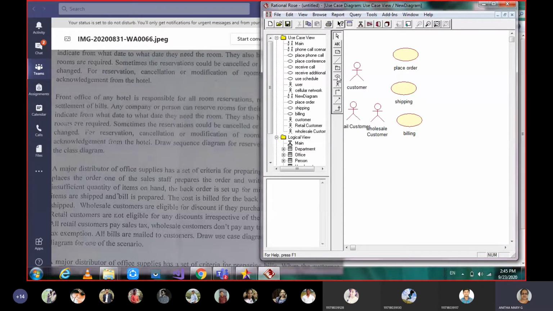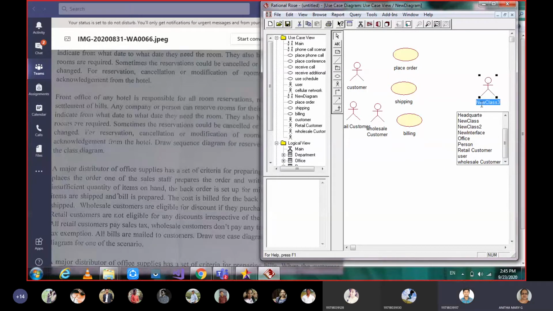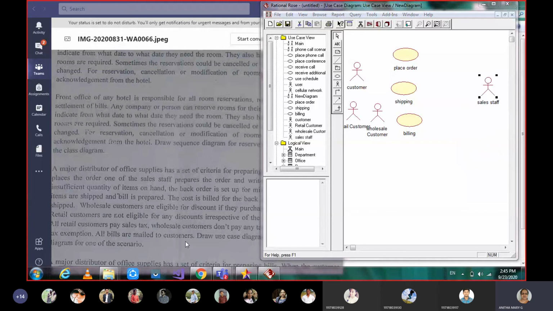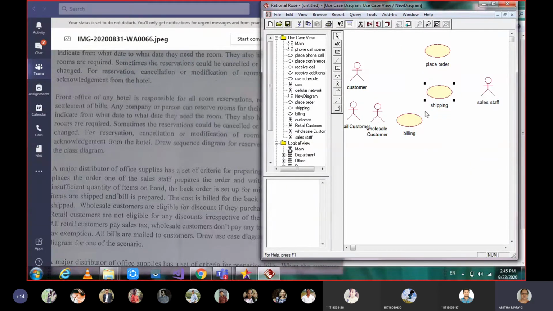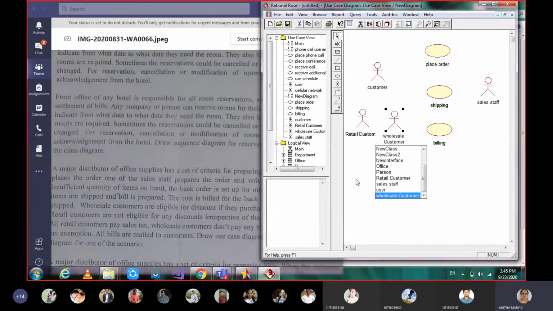And after that, who is the one more actor? Here we are saying sales staff. Once we keep all this in order, we can adjust the things here. Since these two actors are types under customer, we can give generalization.